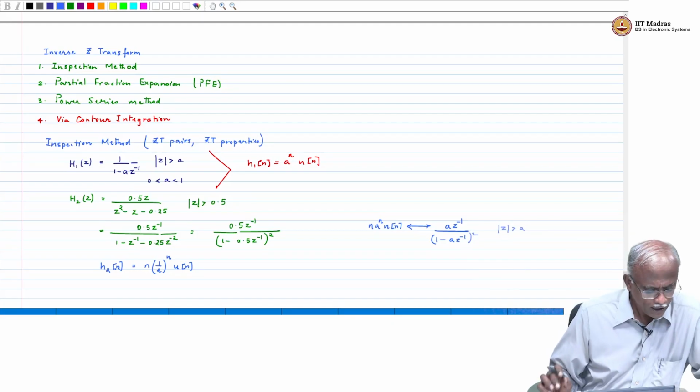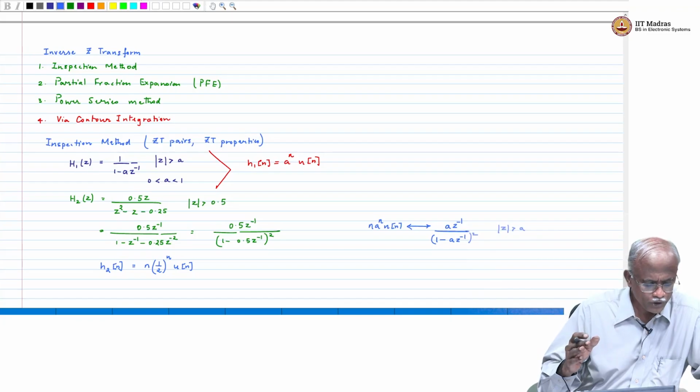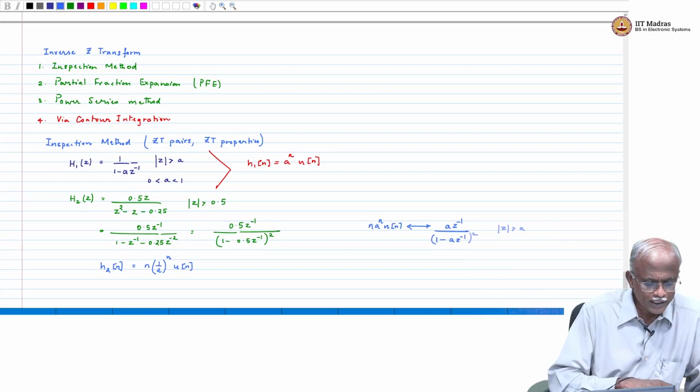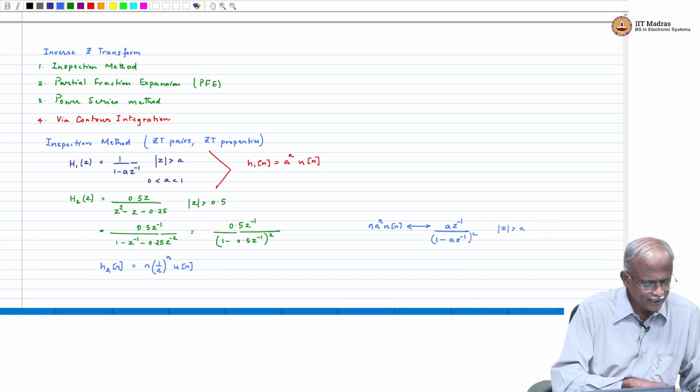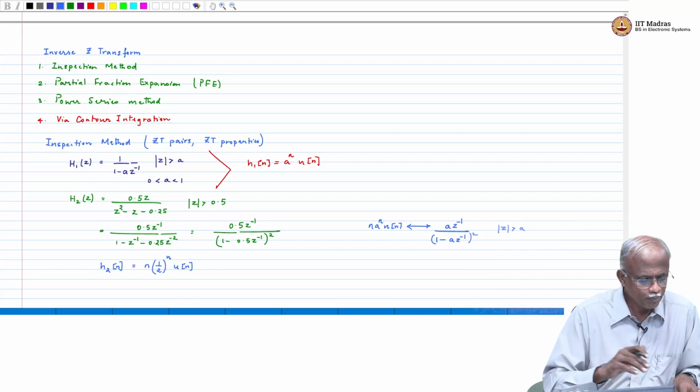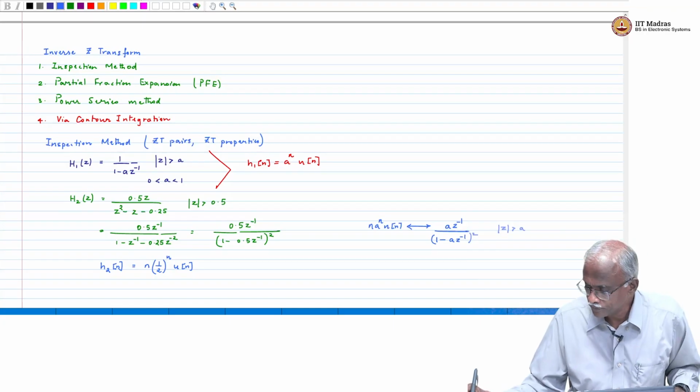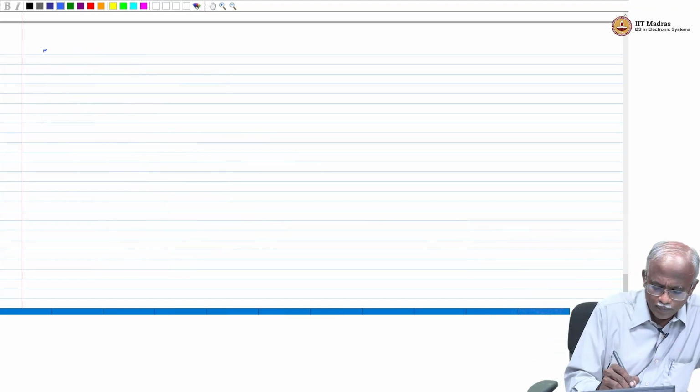Okay, now remember I also said that we can use the properties of the Z transform, and so here is an example of utilizing the property of the Z transform. Okay, and another example,